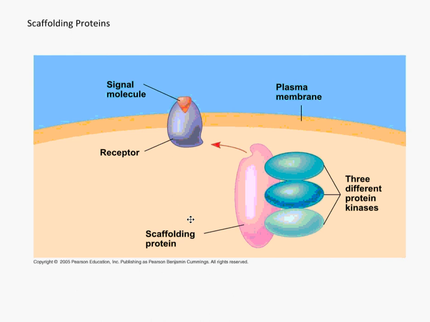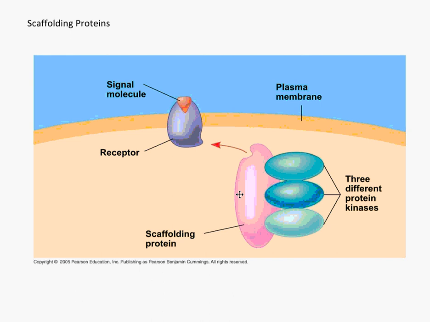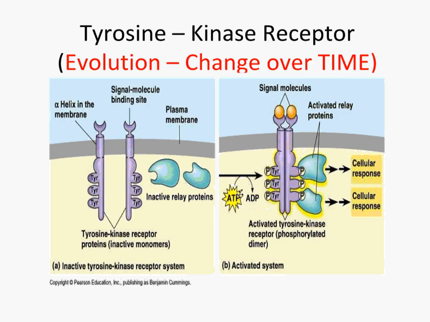You have this direct stimulation from the signal molecule. Multiple relay proteins are being turned on at the same time because of this one scaffolding protein that has 3 different binding sites. Well, we looked at something just a few minutes ago that is a more complicated version of this. This tyrosine kinase receptor, which can turn on 6 different processes at once. And so imagine this being a simpler, less complex version of this, or this, the tyrosine kinase receptor, being